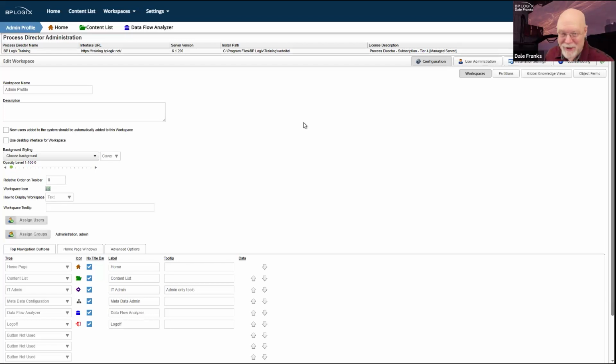There's just a limit to how many admin items I suppose you would want to have access to. Although, if you have a processes in error knowledge view, that would be something that would be useful to add here. Now that you have the space to do that, you can do that. Any other sort of management knowledge views that you create on the system, you can add it to this admin toolbar.